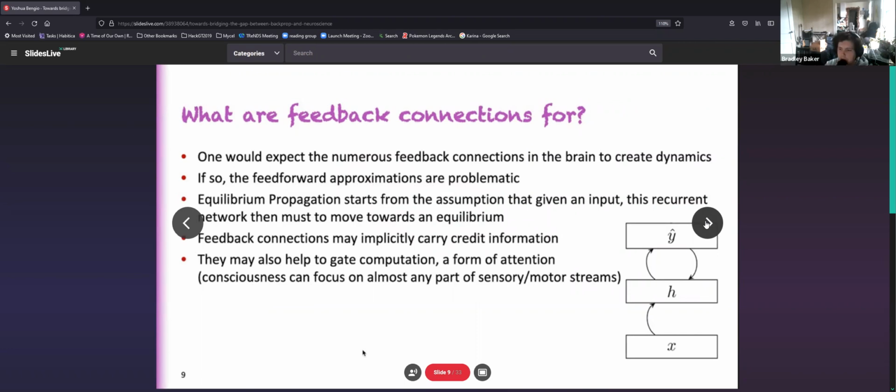Right. So we're going to step towards this method for equilibrium propagation that Yoshua's lab is focusing on. The basic idea in equilibrium propagation is that the dynamical system that's set up by recurrent connections in the brain is going to have some kind of stable equilibrium. It must, right, in some way. So we are going to be able to use that idea to